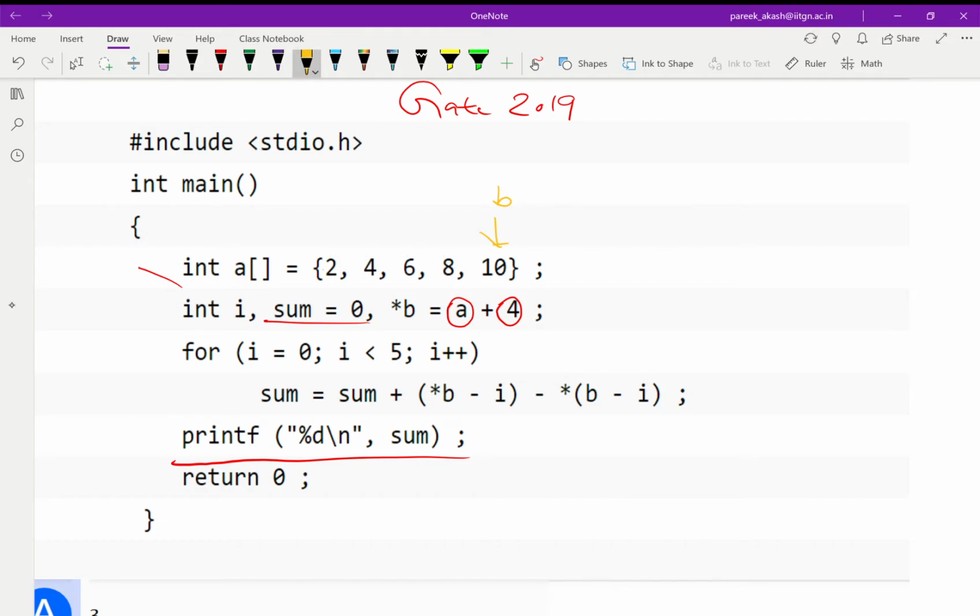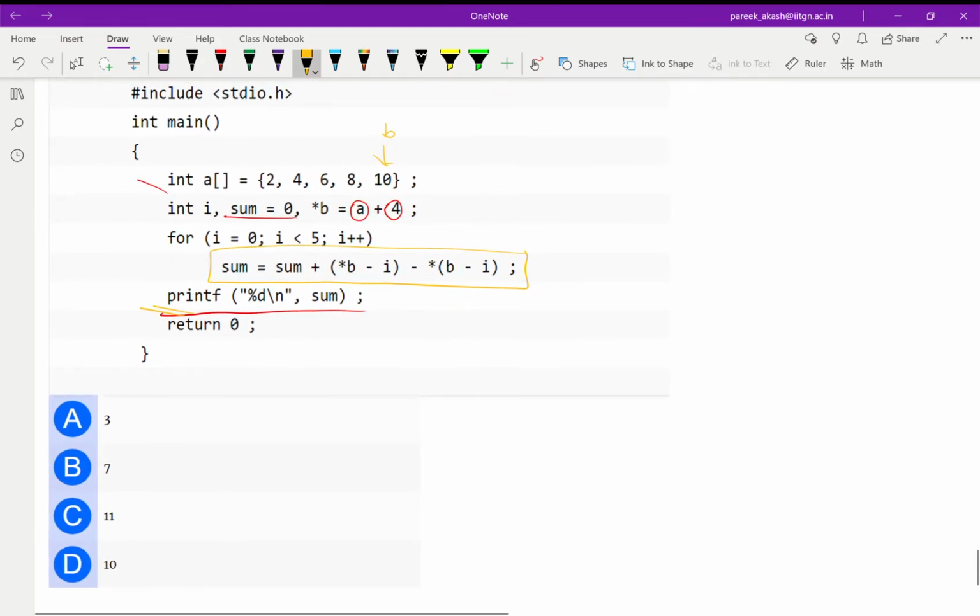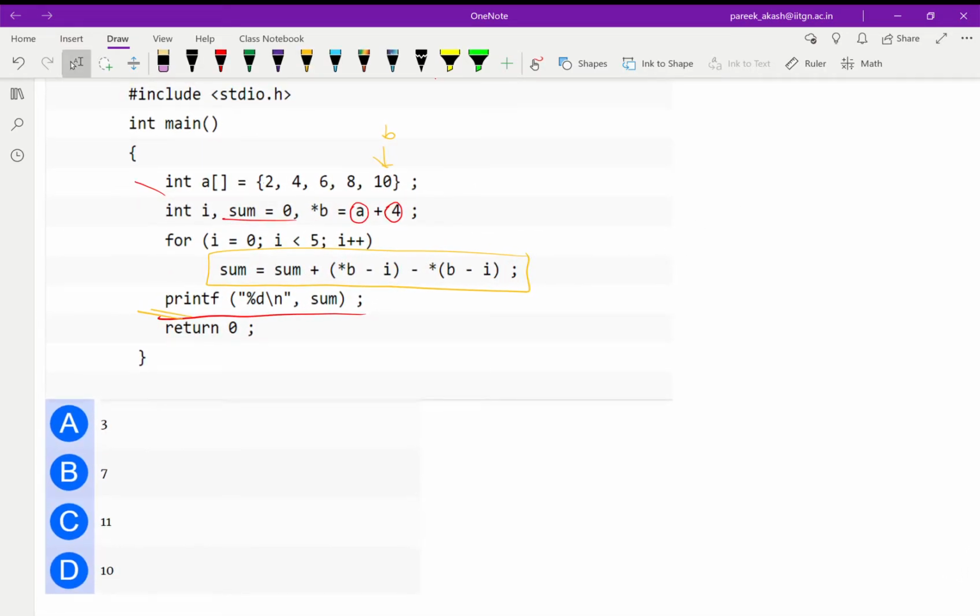The index is 4 and it is pointing to 10. And this is the expression whose value we have to calculate, and finally we have to print the sum. So this is our question and we have 4 options and we will evaluate it and see what our answer will be.